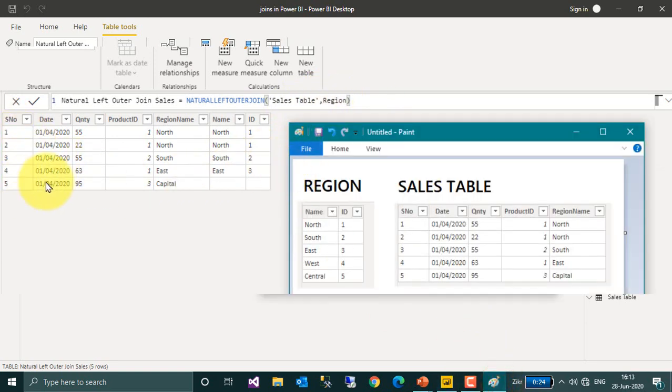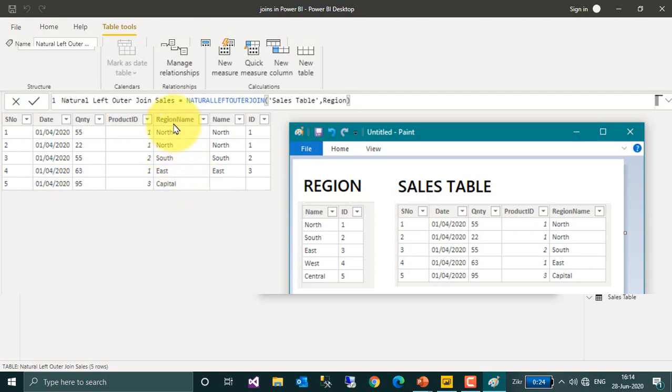Now it returns 5 rows because the sales table has 5 rows, and if you look at the values here, name and id, it is from the region table. So north, north, south and east, but we have not received the information of west and central here, because whatever value is matching in the left side it returns the value, and the values which are not matching from left table to right, it will show the left table value but it will neglect the right table value.